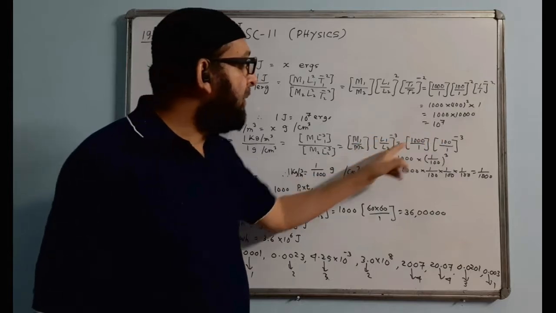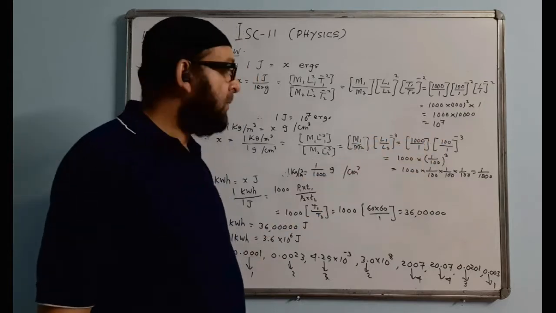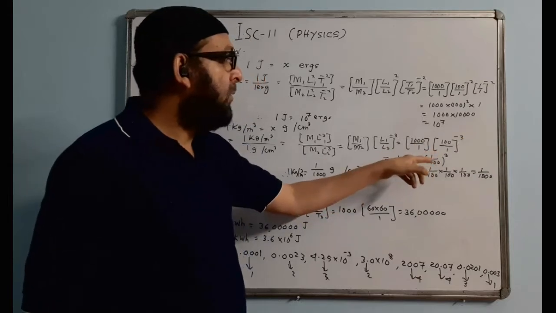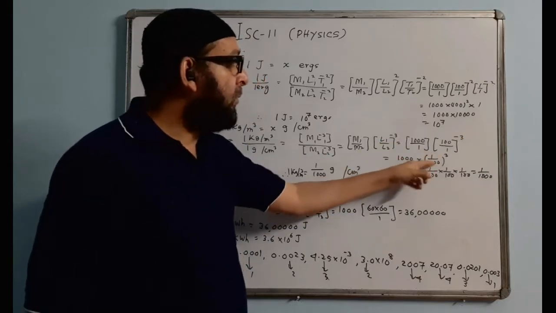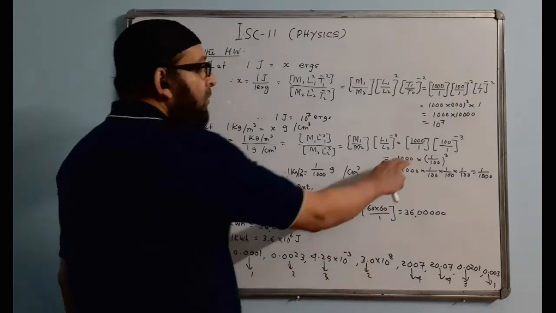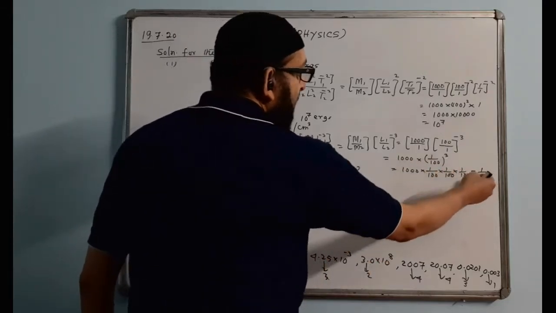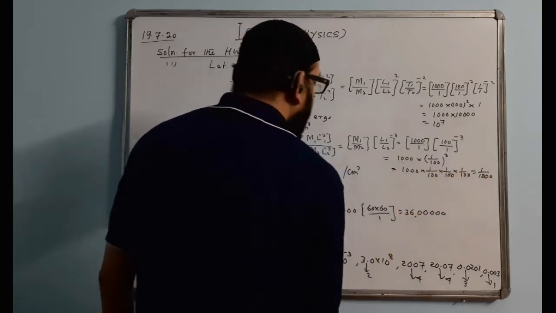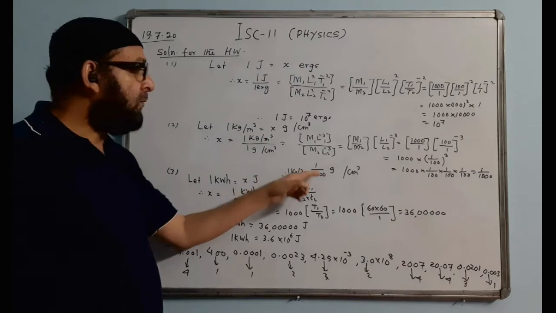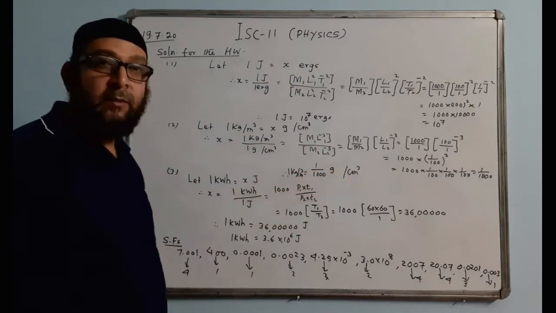L1 is 100 centimeter and this L2 is 1 centimeter. 1000 and 100 to the power minus 3, I write that as 1 upon 100 to the power of cube. Sign of the power will change. Now 1000, see the calculation, 3 times I am writing, cancel. 1 upon 1000 is left over, therefore 1 kg per meter cube is equal to 1 upon 1000 gram per centimeter cube.